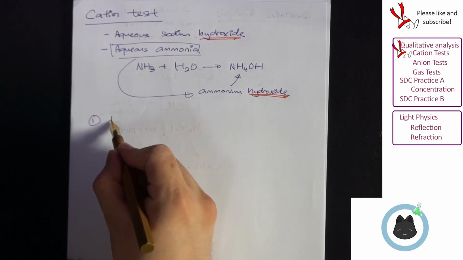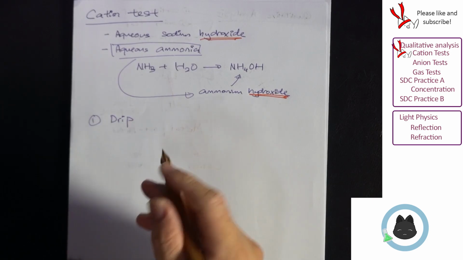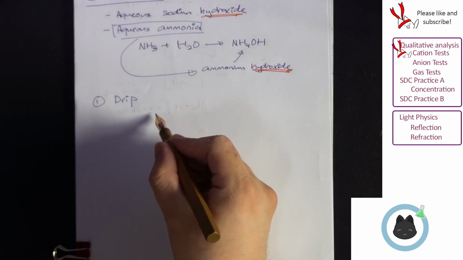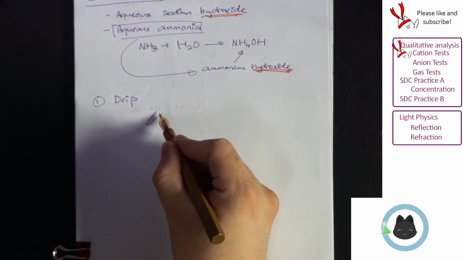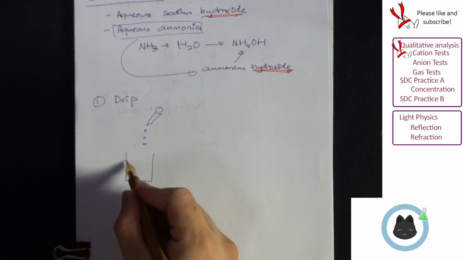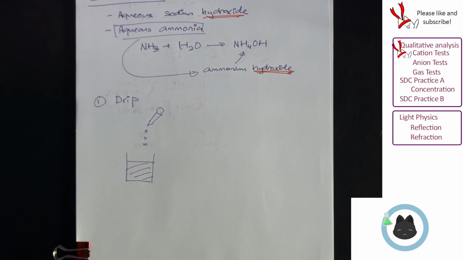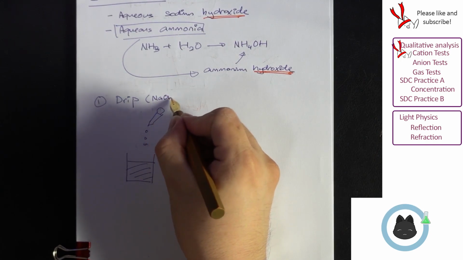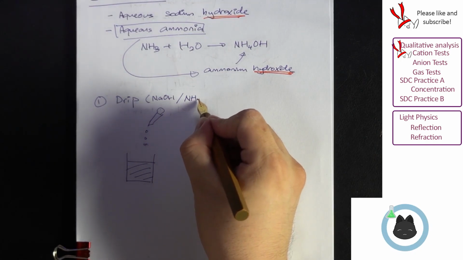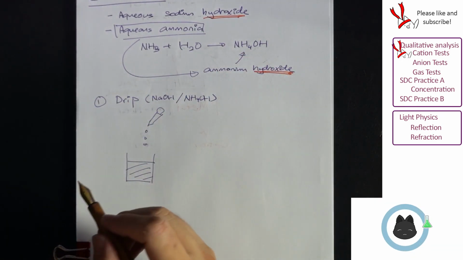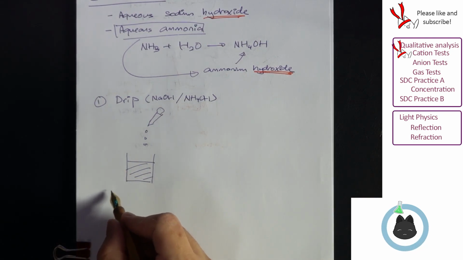Stage number one, we focus on the drip. Not the Nike Adidas drip, not the Supreme drip, but rather you take a dripper and you drip into your sample. Why do we drip? In this case, we either drip NaOH or we drip NH4OH, which is what was mentioned above, right? So why do you drip the chemicals inside? The reason is to check whether